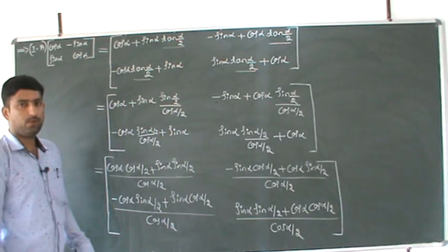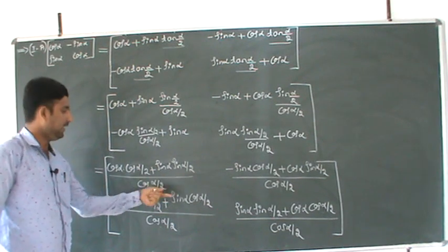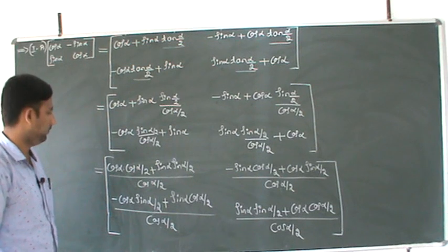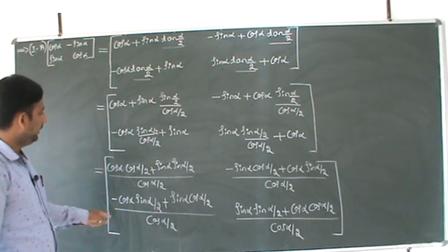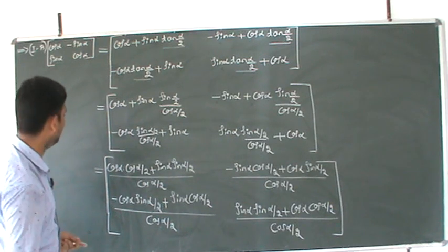Correct? What have we taken? Up to 4 entries we have taken cos alpha by 2, which is common. Common in the sense which is LCM, not common, which is LCM. Therefore, the steps become very lengthy. Now, next is